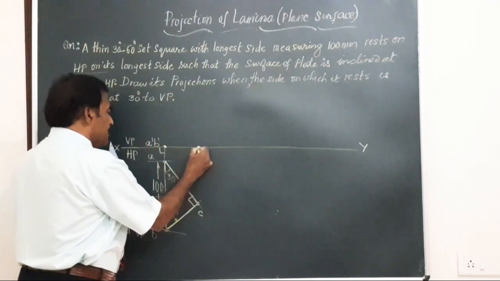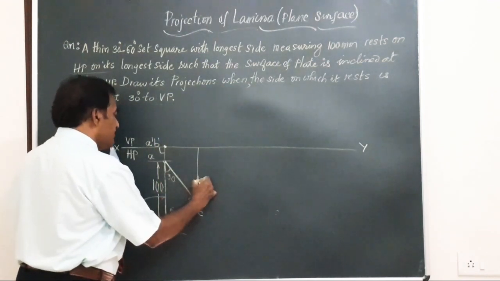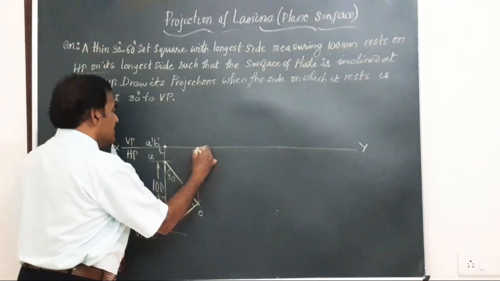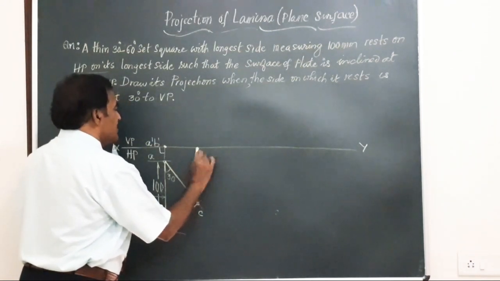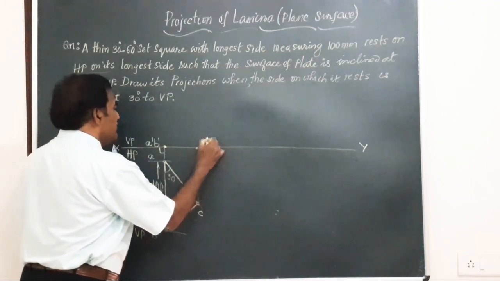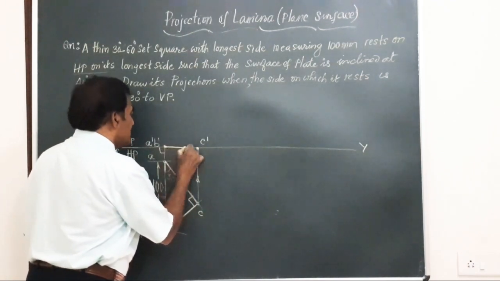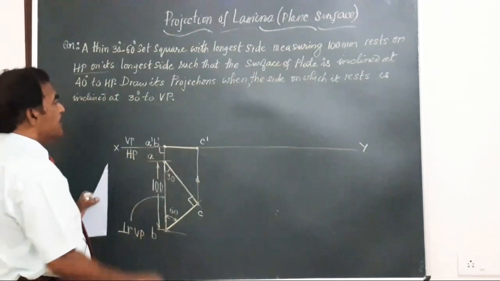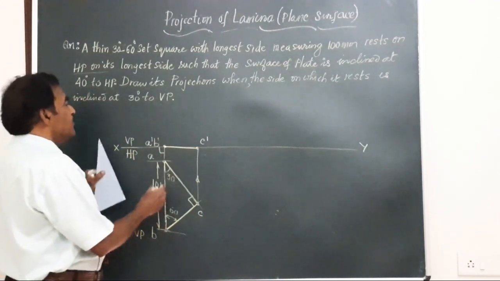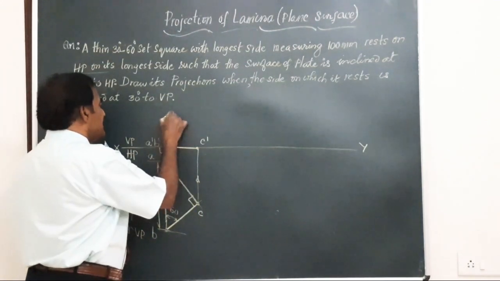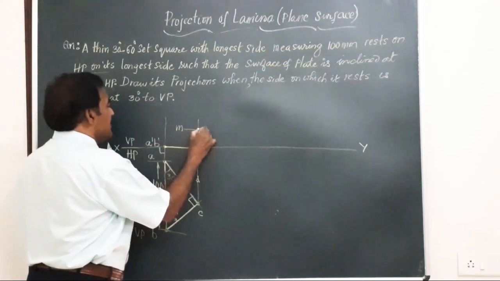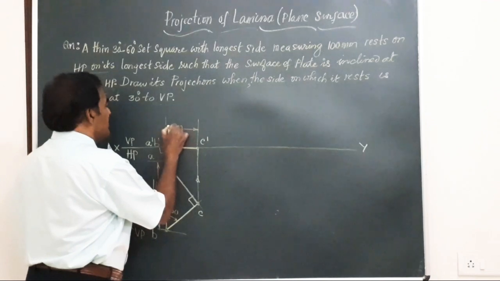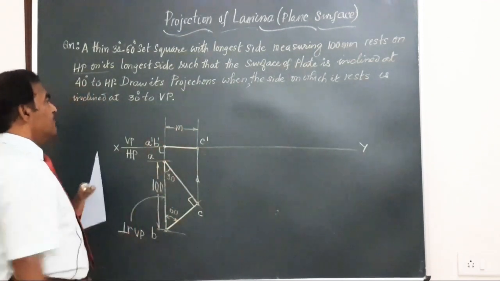And then for C, you write another vertical line from here. This will meet the XY line here. This point will give you the point C dash. Let me write it above. So A dash, B dash, C dash. Join that by a dark line. This will represent the front view which has a length equal to m. M can be measured. You can just keep a scale and find out the value of that m. So you have got m, friends.